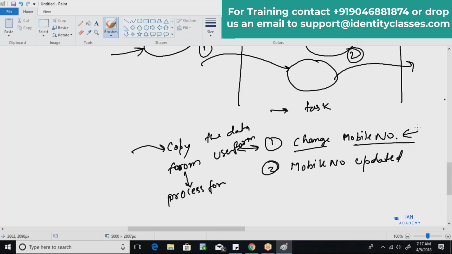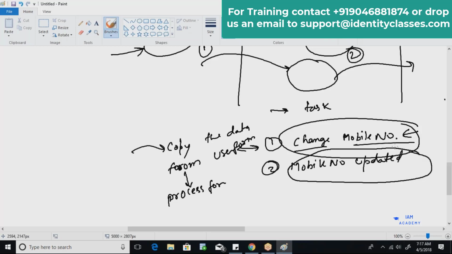After completion of this task, the next task will automatically run. But you need to make sure the names you mention over here are change mobile number and mobile number updated. You need to mention this particular nomenclature, that is change and updated, along with the attribute name.